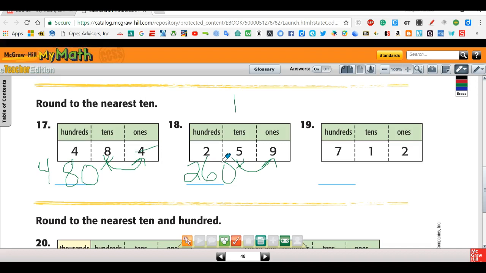Obviously, I said what's the nearest 10. The 7 says the 6, and I'm not working that yet. What number's in the tens place? 1. And I'm going to X right there. We're going to the right. What does the 2 say to do to that 1? Nothing. So do I have to change that? No. The 1 stays the same. And replace the 2 with 0. Now, if you have 700, that's rounding to the nearest hundred. That's what I would get if I round 712 to the nearest hundred. But that's not what they're asking me, right? They're asking me to round up to the nearest